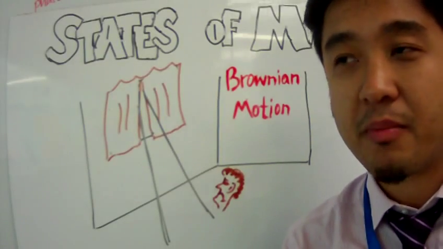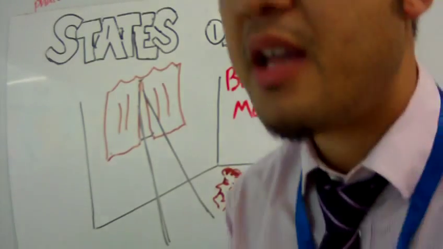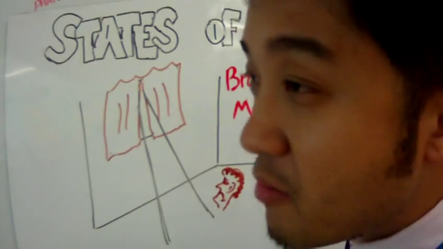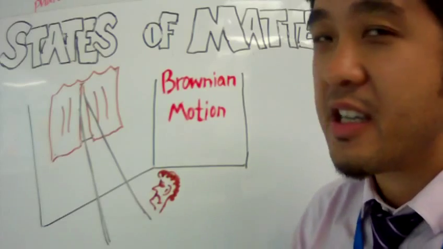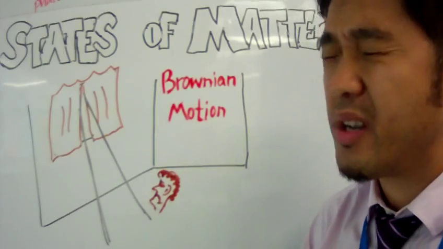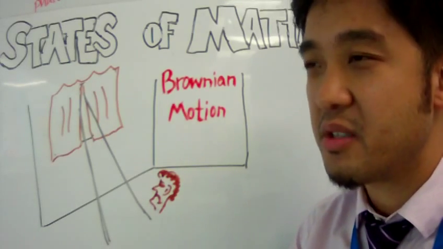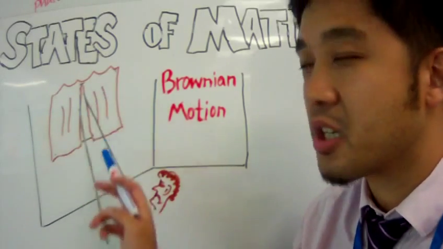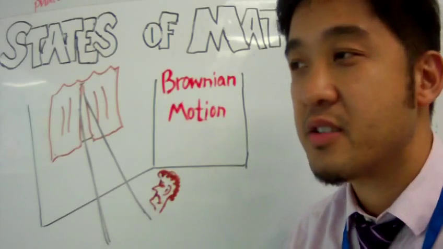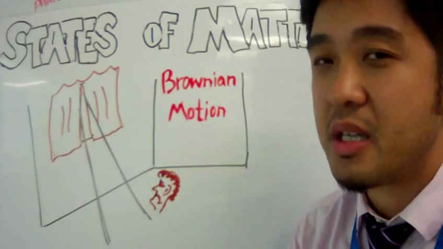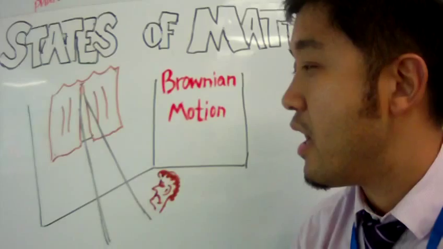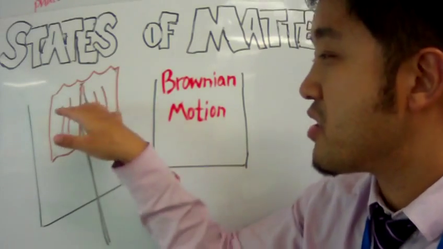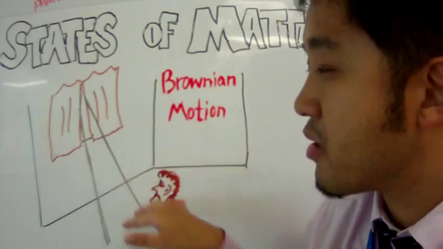We are now going to talk about Brownian motion, and the untrue story goes like this. There was this guy named Robert Brown, and he happens to be very depressed. So when he's depressed, he puts himself in a really dark room. He tries to cover up the curtains and prevent sunlight from coming in because he wants to be in that dark room. And because he didn't cover the curtains properly, there was a small slit of light coming through,